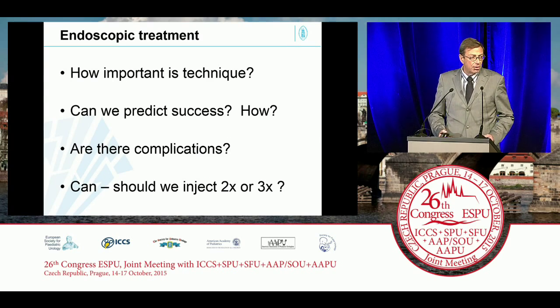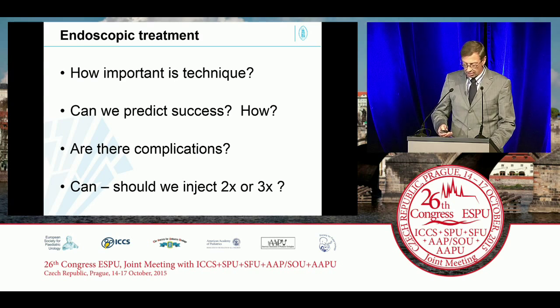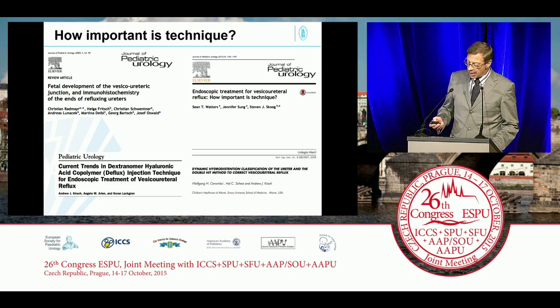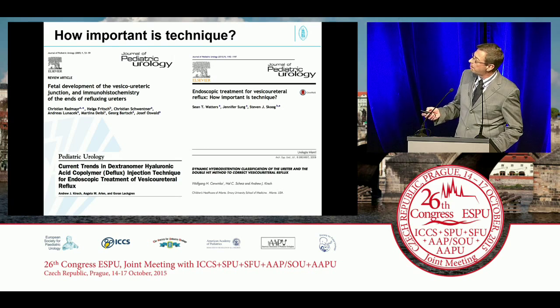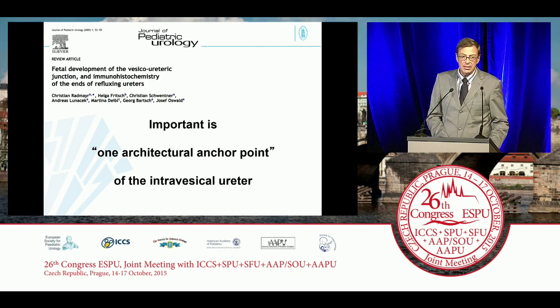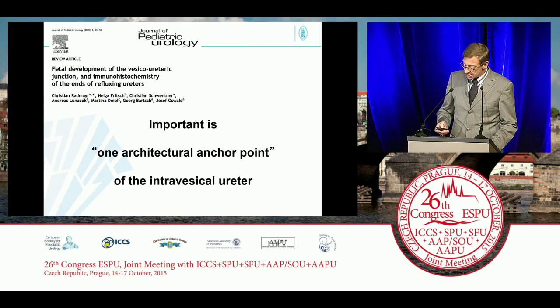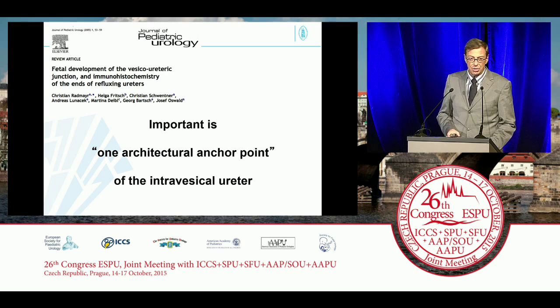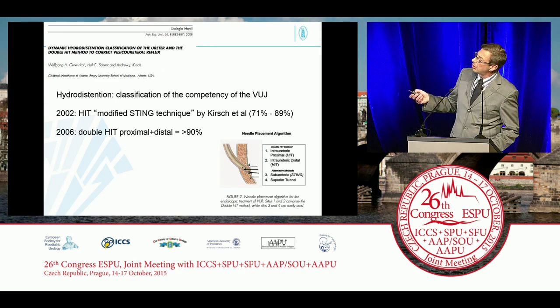Now, how important are those techniques? Can we predict success? Are there any complications? And should we or can we inject several times? Now, to describe the technique, I have focused on 4 publications, and the first one is from Christian Radmayer and his team, where he performed a study of the fetal development architecture of the vesicoureteral junction, and actually his conclusion